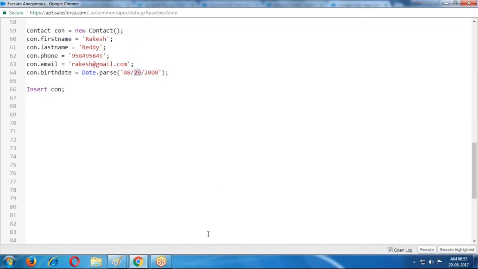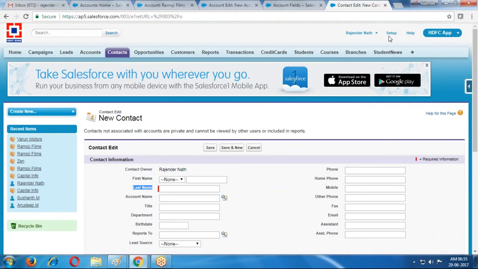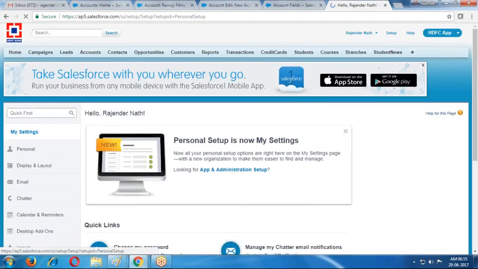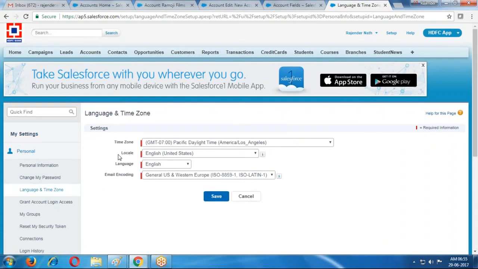The reason is, in your username settings, under personal, language and time zones, the language locale is English (United States).